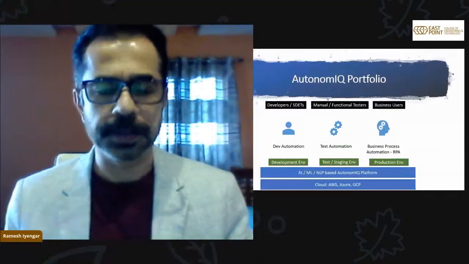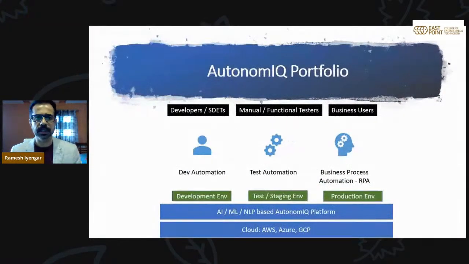There is something called XPath, which has to be identified. With any change that happens, even small font changes, or a text box or a list box being moved to a certain extent, it will not be identified. So again, you have to go back, touch the code and all that. Whereas here, we have completely eliminated that. When I say that, this is completely AI powered, right? And it's a cloud solution, and